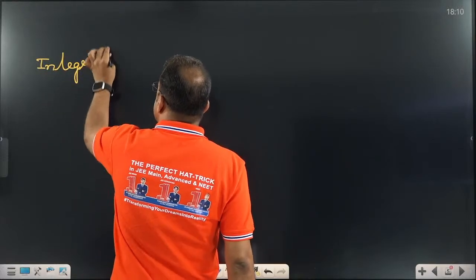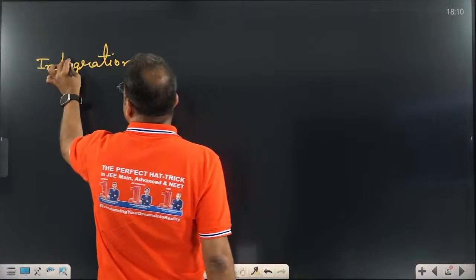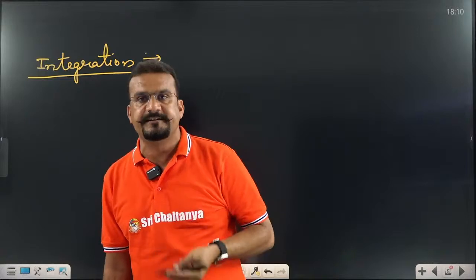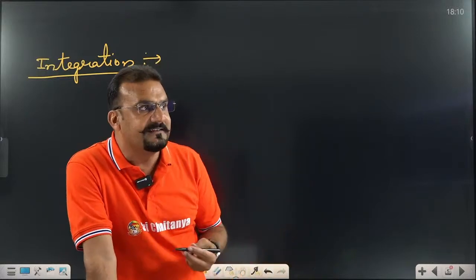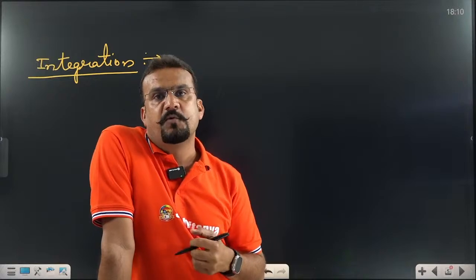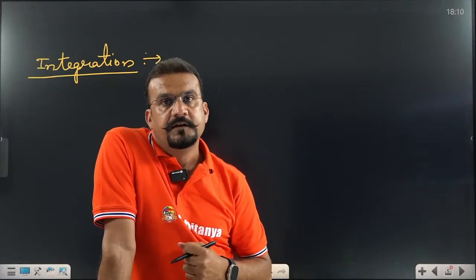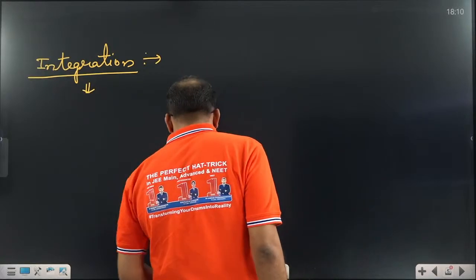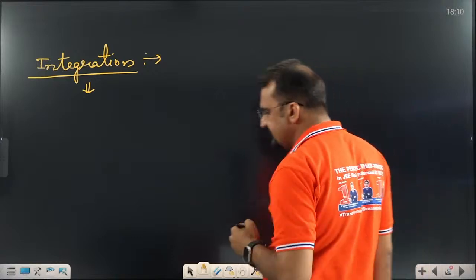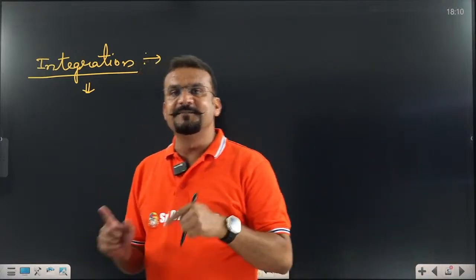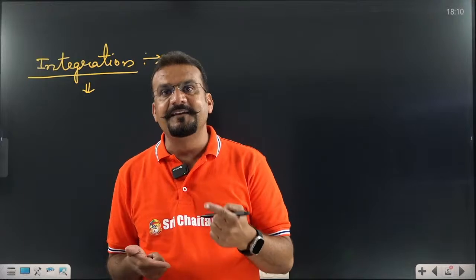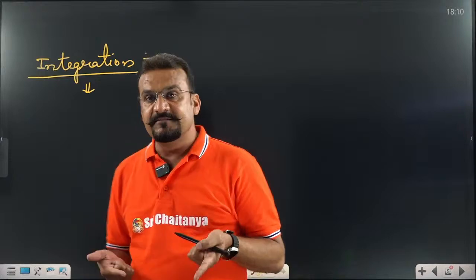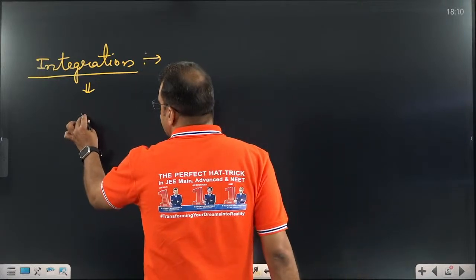What do you mean by integration? See, the name itself indicates, integration means integrity. Integrity means unite. Unite means we have to add something. Addition, one type of addition itself is integration. So how to define integration in physics? As far as physics is concerned, this is the reverse process of differentiation. You know, differentiation means difference. Integration means add. Differentiation means difference. Integration means add.